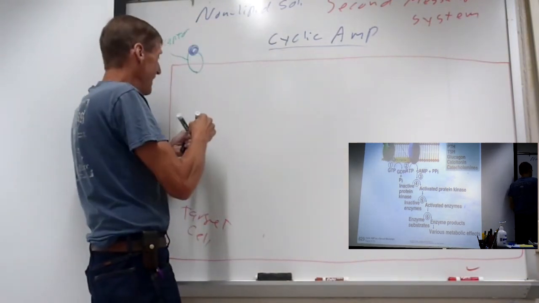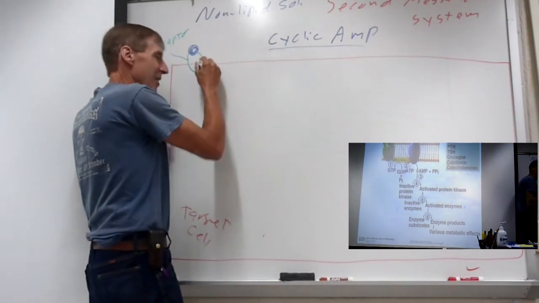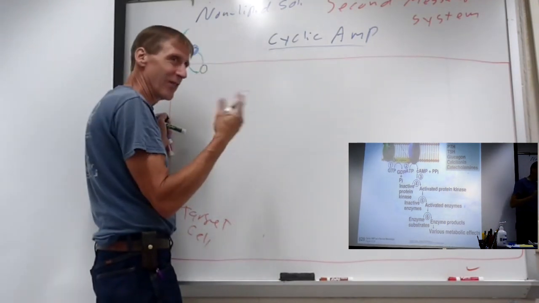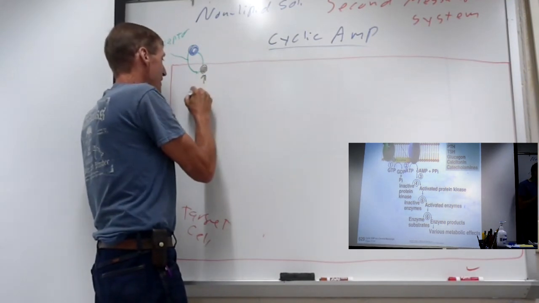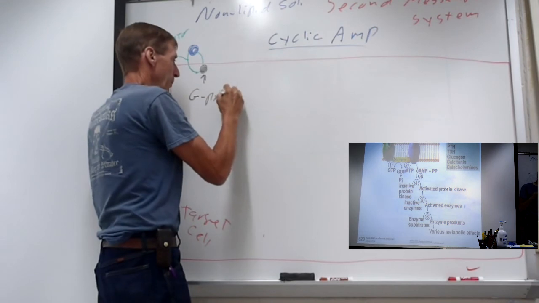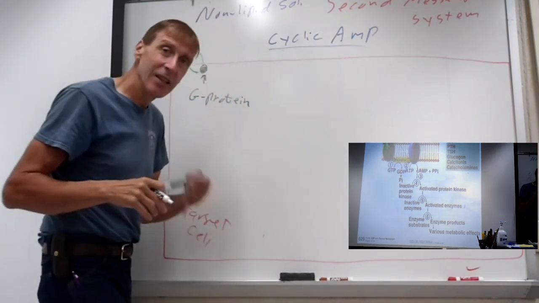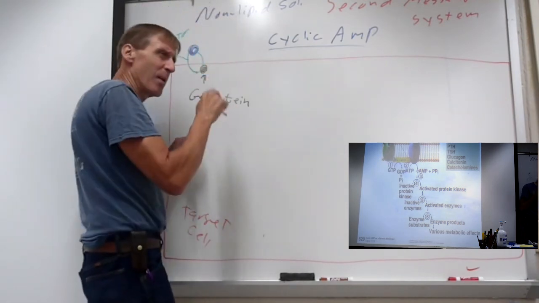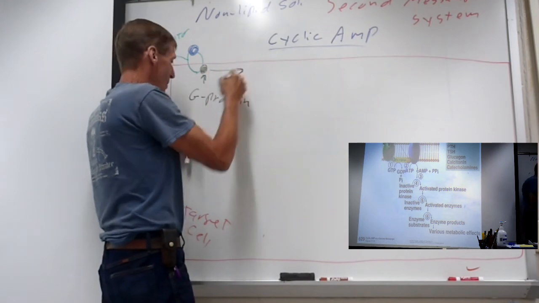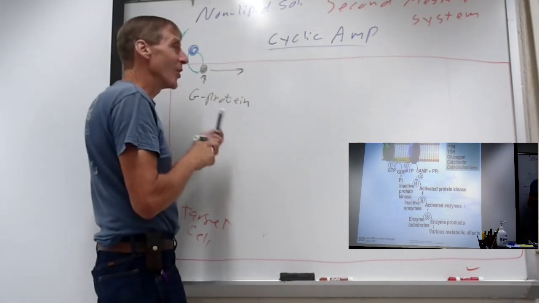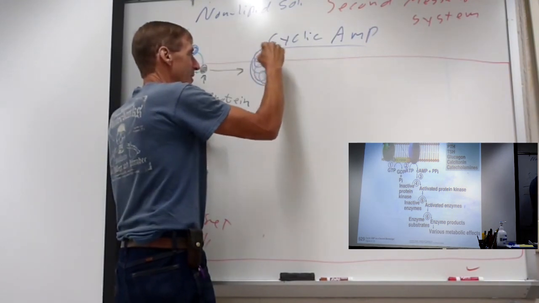So when the hormone binds to this receptor, it's going to send a signal, usually via various conformation changes, to another protein that is referred to as a G protein. Not very creative with the naming, but it's called a G protein. It's a pretty common signaling protein. It's also in the membrane. I think it's a peripheral protein. Now that G protein is going to send a signal to another membrane protein. I'll just kind of draw it as a big blue potato here.